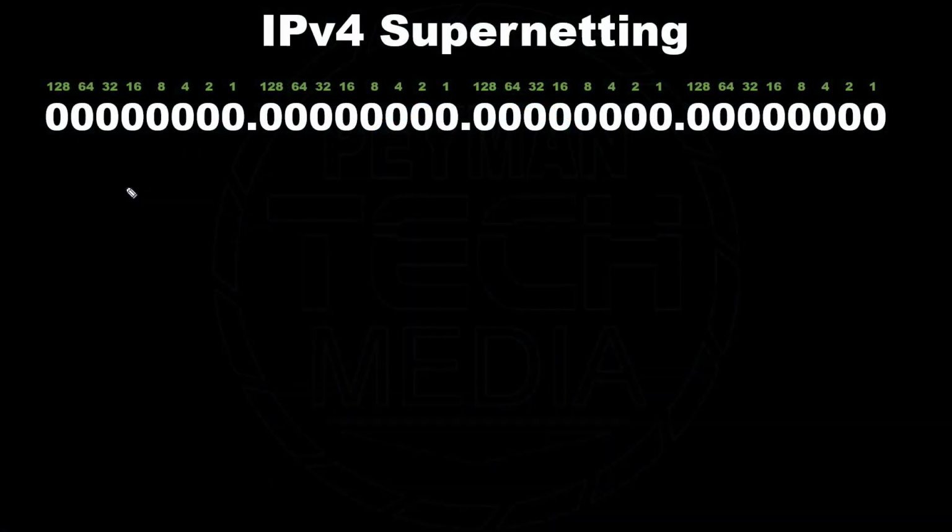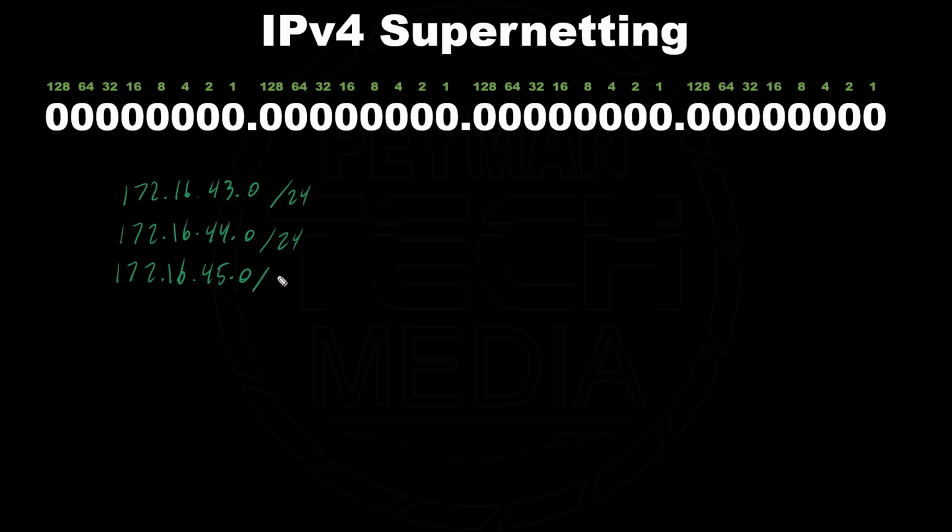This video is another example of route summarization or route aggregation. Let's say a company has multiple subnetworks of 172.16.43.0 with the slash notation of 24, another subnet 172.16.44.0 slash 24, another subnet 172.16.45.0, and another one 172.16.46.0 with the slash notation 24, another